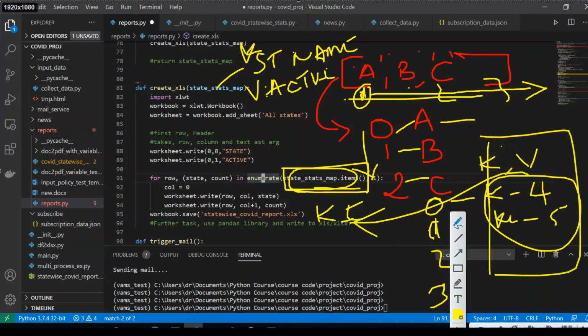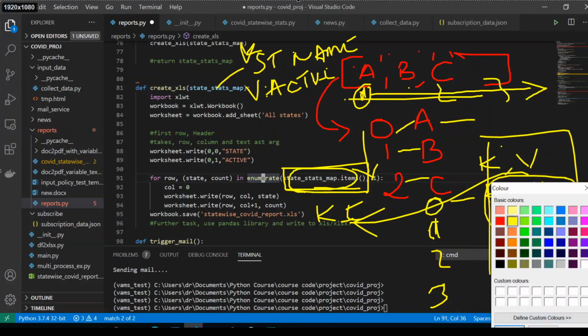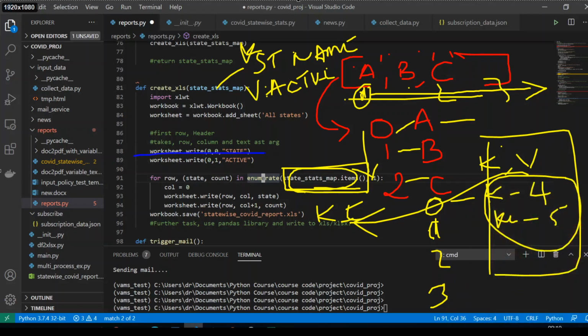The reason that I am enumerating is because, as we saw, this particular API, worksheet.write, takes only numbers as row and column, and then it will take a text, whatever you want to put. Some text. But these rows and columns are numbers. In order to put this in the right rows and columns, I am enumerating it so that I get numbers, and once I enumerate this, what do I get?